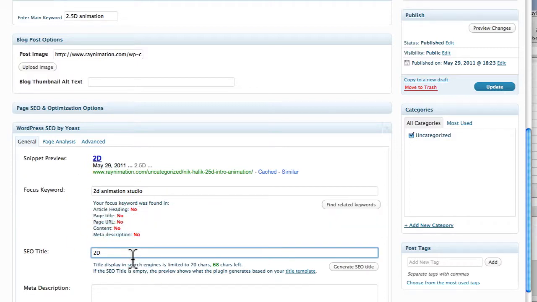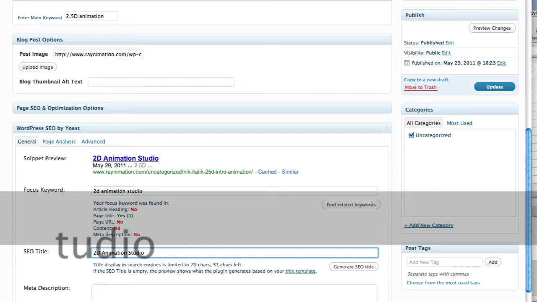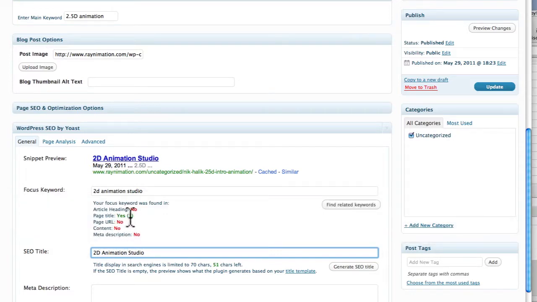So for example, if we take 2D animation studios, you can see page title 1, and then it also bolds in the title,